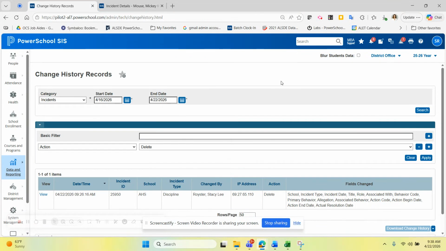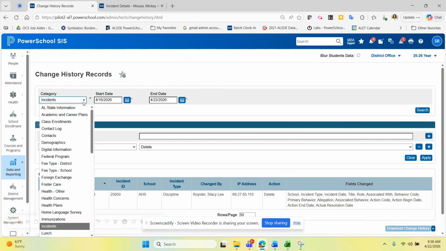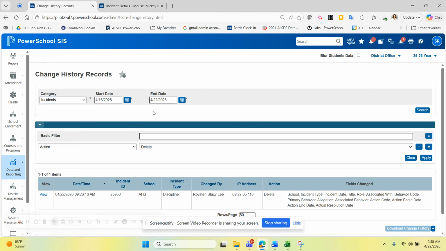Now, on the Change History Records report page, you can choose which category, so which page you would want to go to see this information on. So for example, if I were looking for a deleted incident record, I would go to the category, go down to incidents. You would need to choose your date range, and it will only let you look at 30 days at a time. So it's real important to know as precise as possible when that deletion might have happened. If you don't, then you're just going to have to keep searching 30 days at a time until you're able